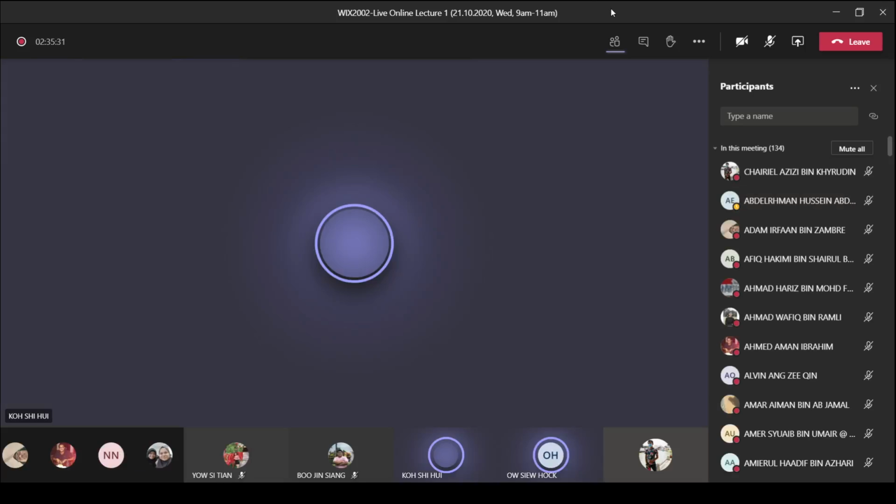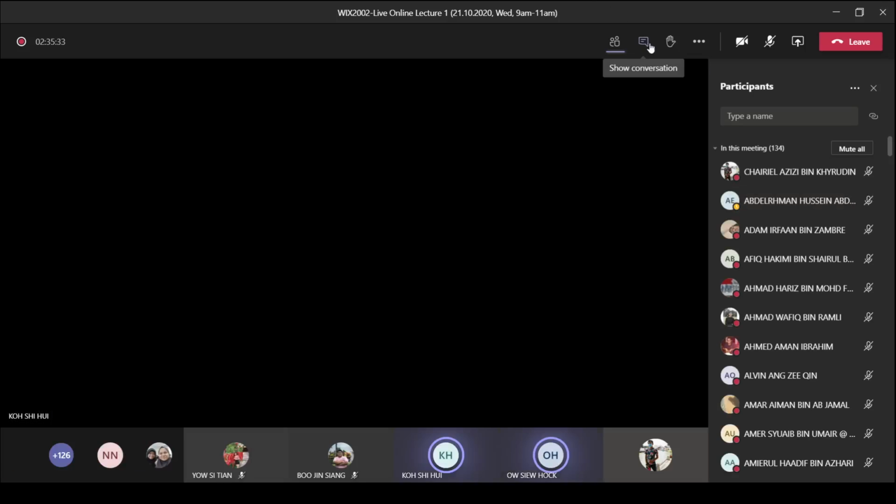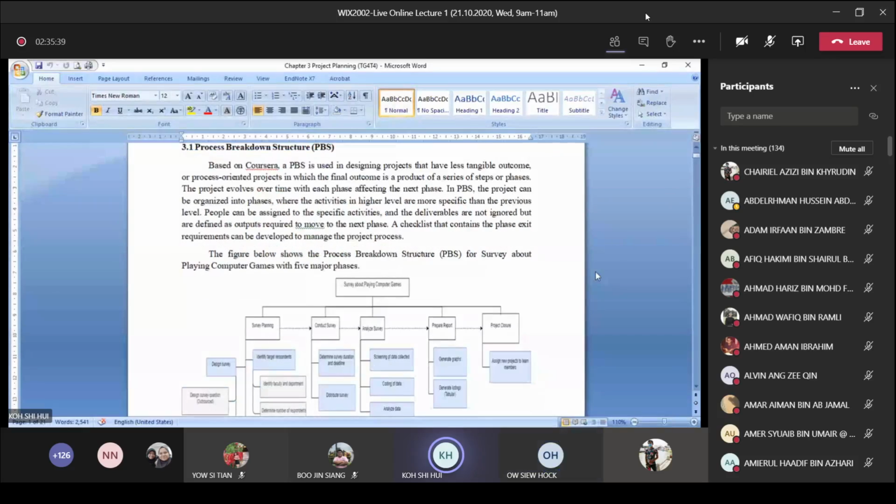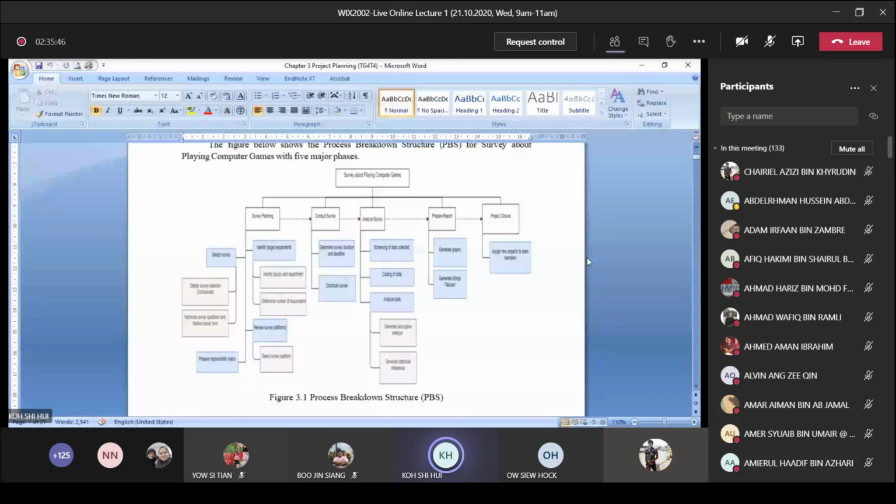Can you see this? Not yet. Okay now. Can you make this? Yeah, this is the PBS from our group, and I want to ask, for our PBS, is it acceptable for us to implement in this form? Can you enlarge it a bit? It's very tiny. Can't